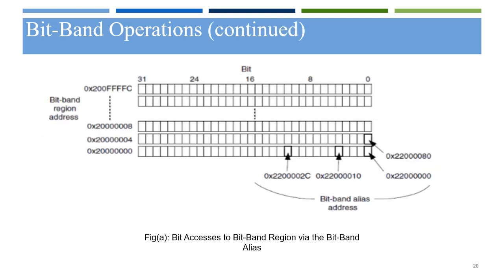This figure shows bit access to the bitband region via the bitband alias. When the bitband alias address is used, each individual bit can be accessed separately in the LSB of each word at the aliased address. For example, to set bit 2 in the word at address 200, instead of using 3 instructions to read the data, set the bit and then write back the result, this task can be carried out by a single instruction.